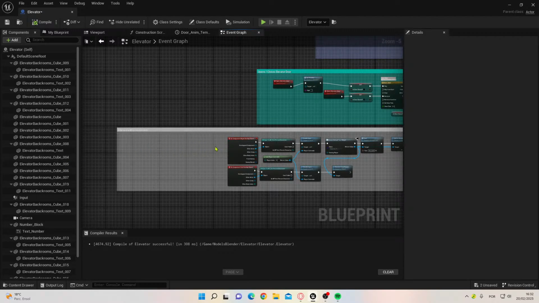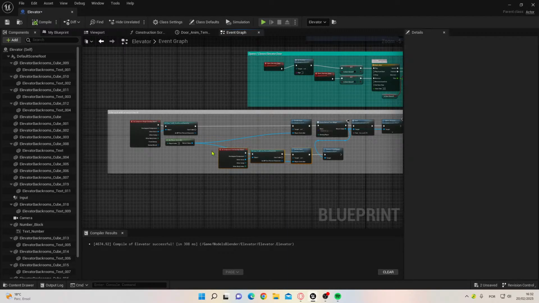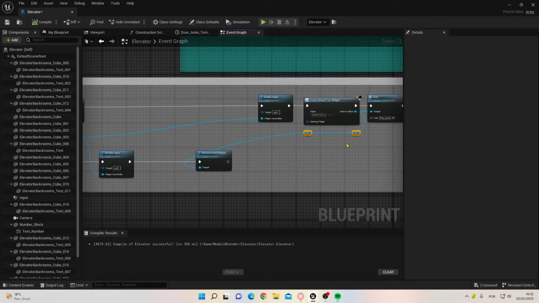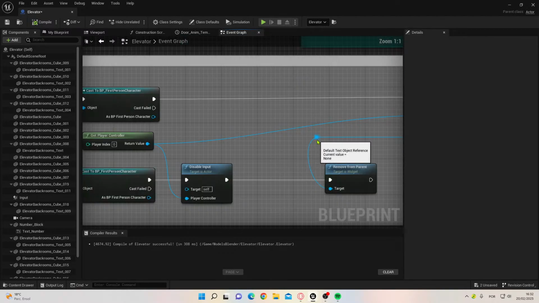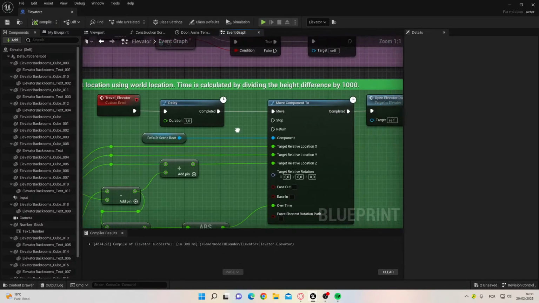Need to set here something. We want a fully functional elevator, so the thing is that we need a variable which is going to